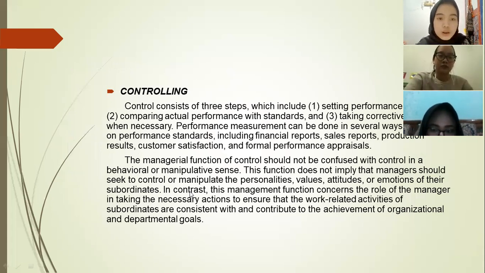Controlling. Control consists of three steps, which include 1. Setting performance standards, 2. Comparing actual performance with standards, and 3. Taking corrective action when necessary. Performance measurement can be done in several ways, depending on performance standards, including financial reports, sales reports, production results, customer satisfaction, and formal